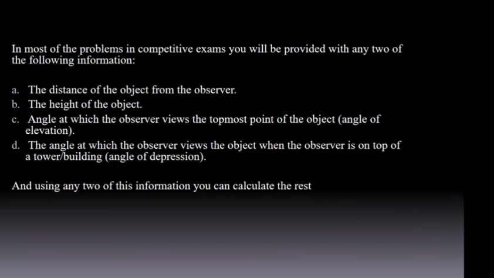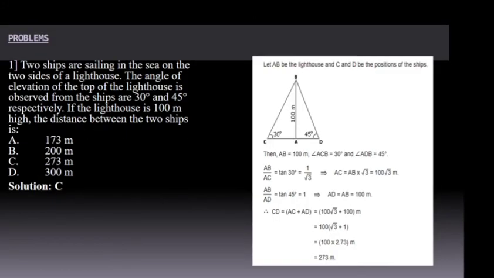Okay, or say suppose the distance and the angle of elevation will be given to you, and by using this you can find the height. Okay, you can also find the angle of depression. But say suppose only the angle of elevation is given and you are asked to find the distance of the observer from the object. You cannot find. Okay, I have taken one problem on that, so you will understand more when we solve that problem. Okay, so in any problem, two of these informations must be provided to you. Okay, then you can find the remaining quantities. Okay, so directly let us move on to the problems.